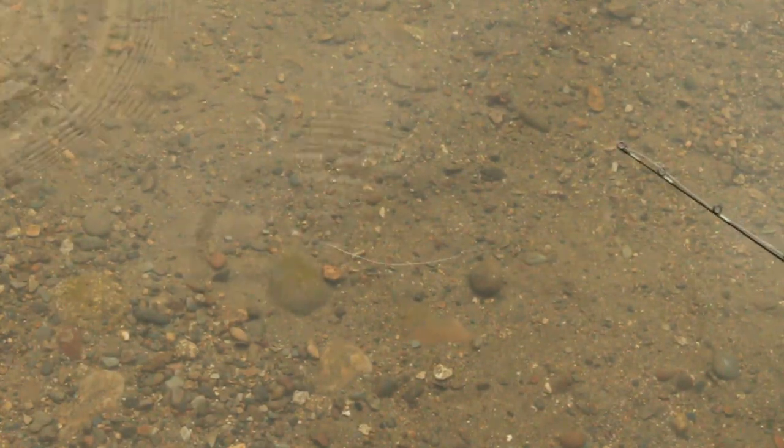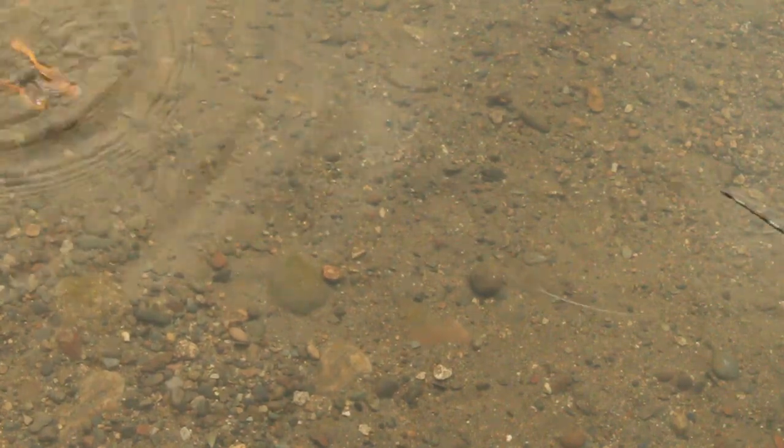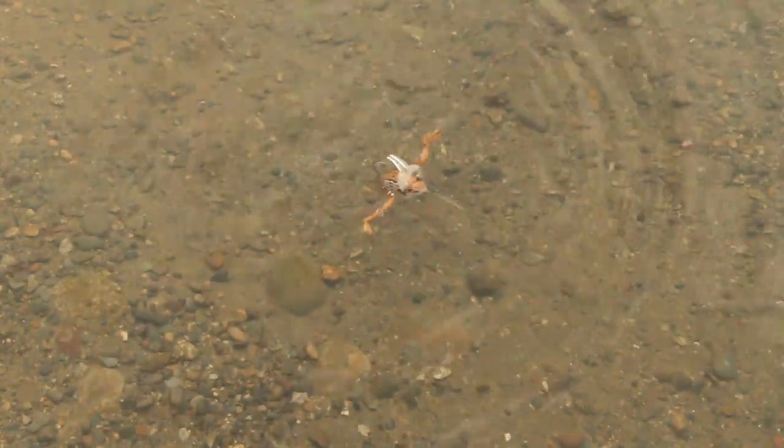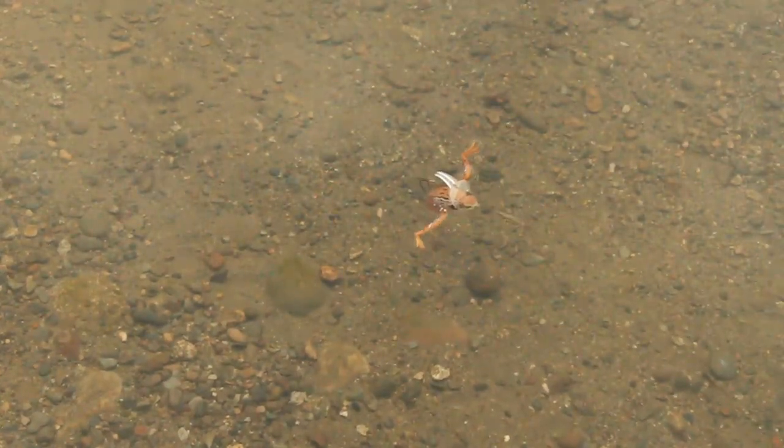So the biggest thing here, guys, is that you're really trying to make it look like a real frog. And so when it's sitting still, of course, its legs are going to swing to the side, and then push forward as the frog moves forward. And so with the diver frog here, this is exactly what you're going to see. It looks like a real frog. It actually suspends if you don't move it,